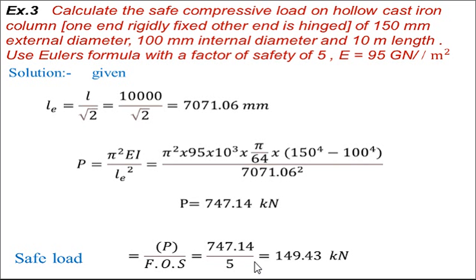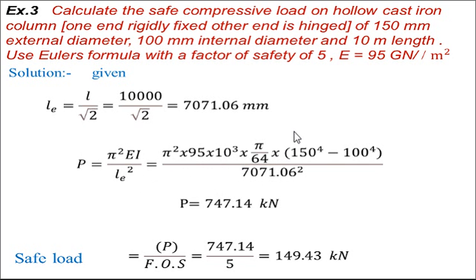So P is equal to pi square EI divided by L square. This is our basic formula for crippling load. So we first determine the crippling load by using this. E value is given, the modulus of elasticity 95 giganewton per meter square, which is converted into MPa by multiplying by 10 raised to 3. So 95 into 10 raised to 3, multiplied by